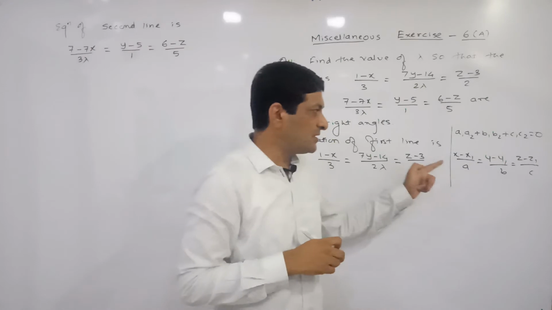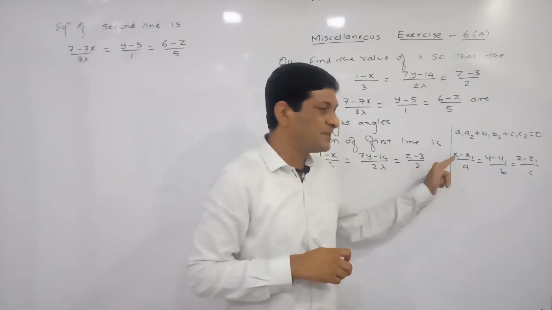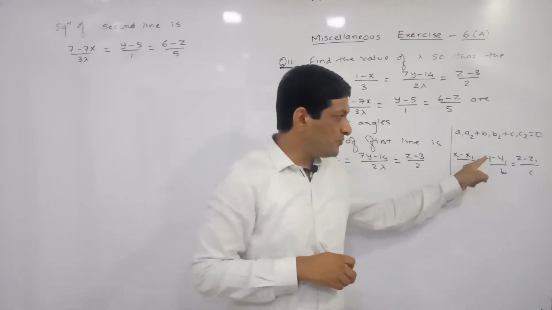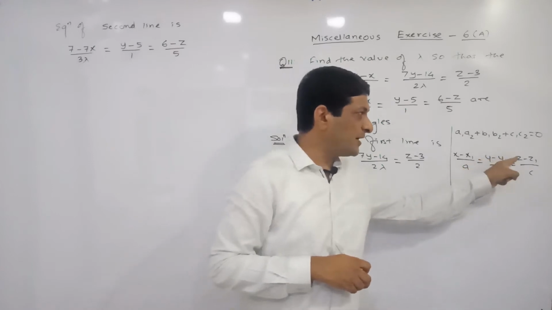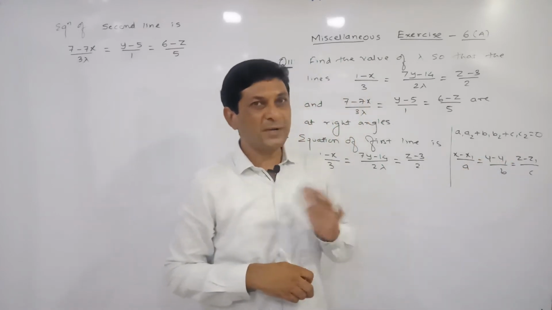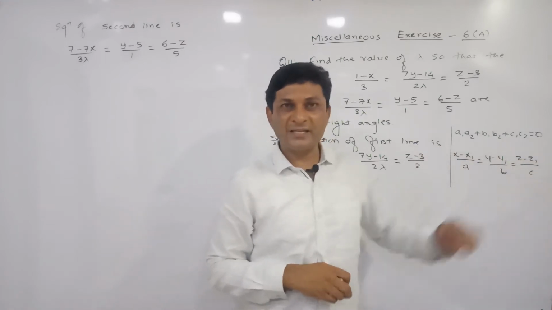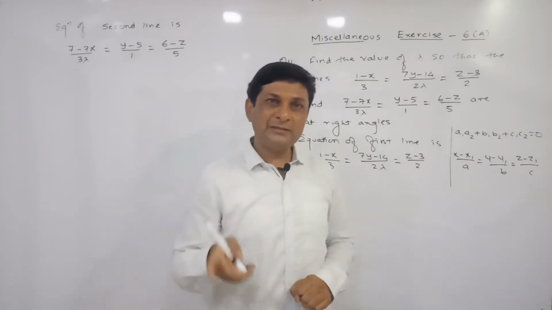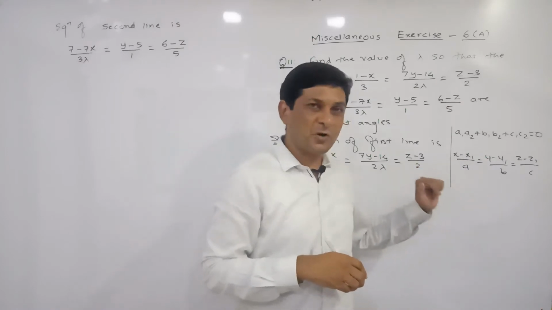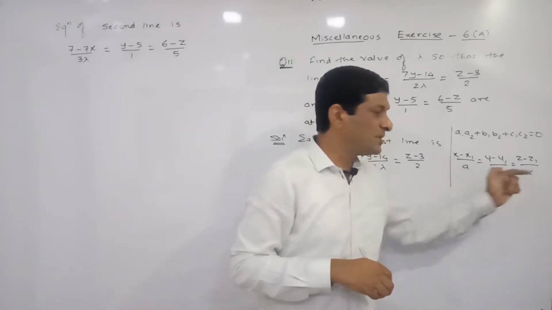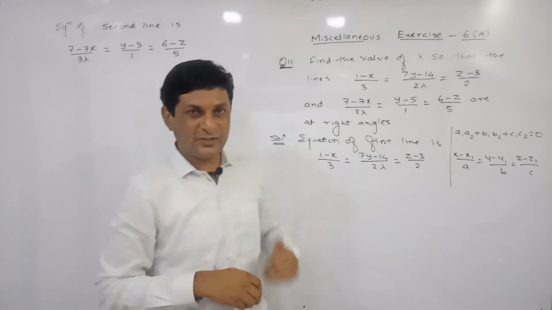If the equation is written in this form, at that time we can say that equation is in standard form. Means if you observe this equation, what is coefficient of x here? Plus 1. Here coefficient of y is also what? Plus 1, and here coefficient of z is also what? Plus 1. In the numerator, if the coefficients of x, y and z are plus 1, at that time according to this formula we can say that values in the denominator are direction ratios of the line.